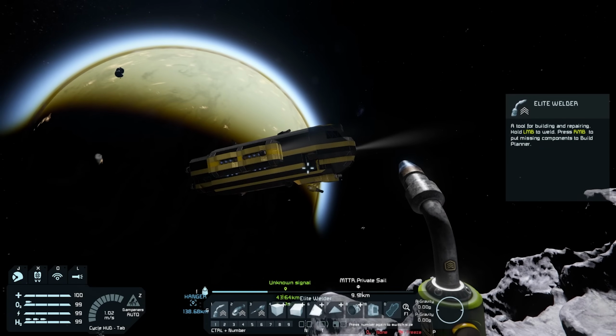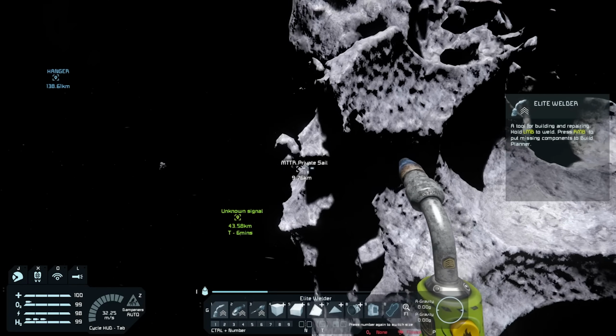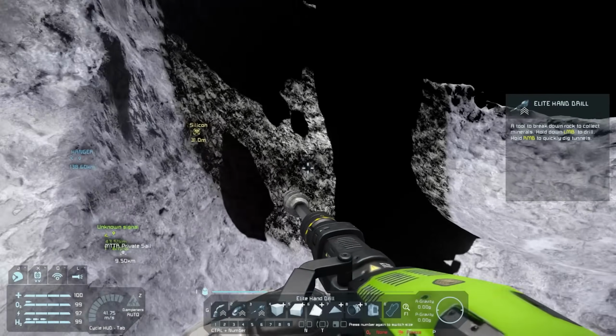All right, that is there. I hopefully will remember it. We have a private sail flying over there. I don't think we can go near those or they'll become hostile. I don't know for sure, but... Do we have anything? This looks like a...